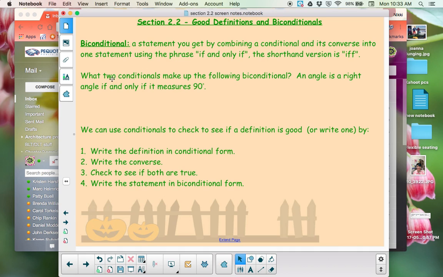So first example, what two conditionals make up the following biconditional? So this is a biconditional. We know that because it's got the phrase if and only if in it. An angle is a right angle if and only if it measures 90 degrees. This is what we would consider a good definition. If you look at what two conditionals make up that biconditional, we would write that